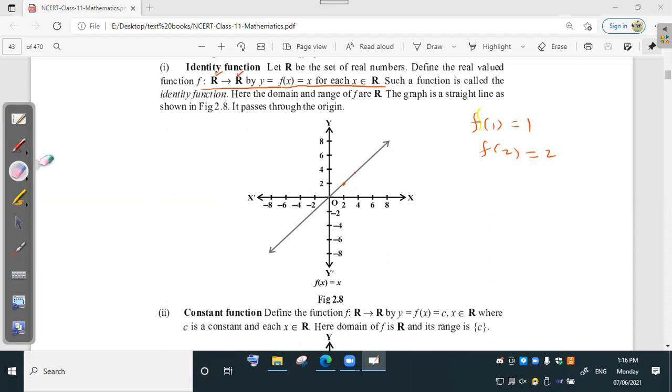So f(x) = x is called an identity function, and it is sometimes denoted by I also. In some cases we denote the identity function by I, so sometimes we write I(x) = x also. Then we have